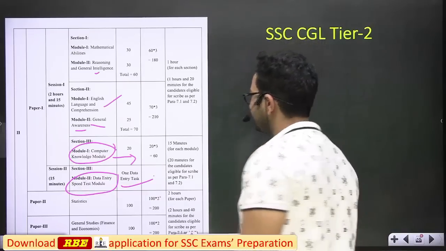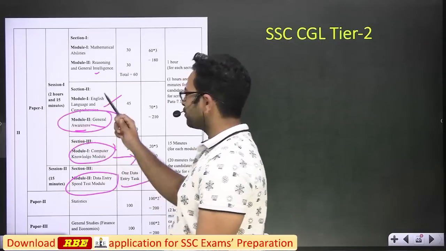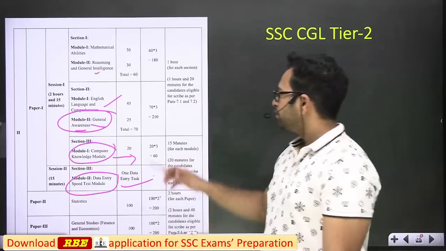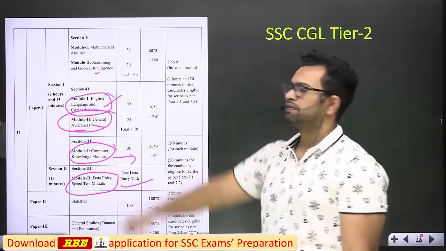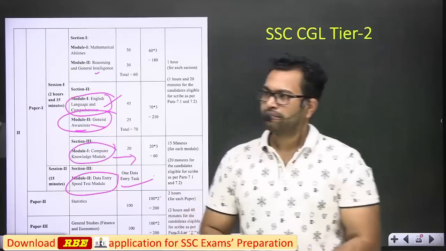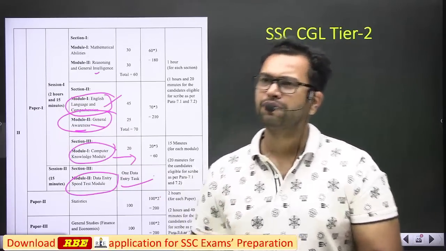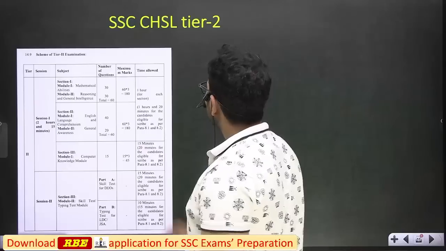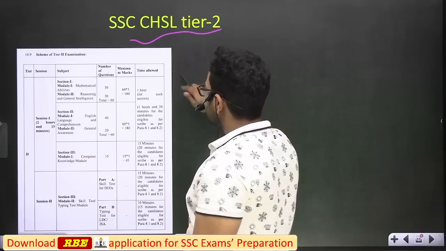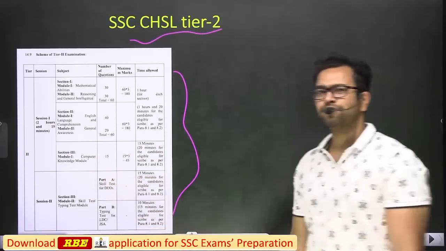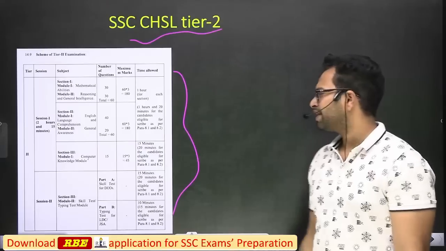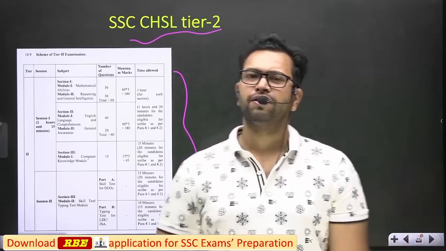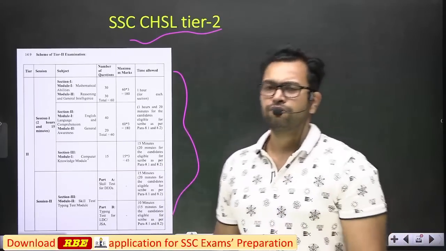So let's see. We have provided a general awareness course for tier 1 and tier 2 in the RB application in spoken English, and we have also provided an English language course. Okay, the complete course has not been uploaded yet, but in the upcoming 2 to 3 months the complete course will be uploaded. If we go for SSC CHSL tier 2 examination, again the subjects are the same, computer is added, just the weightage is different, and the typing is added. So there is no separate preparation for SSC CGL or CHSL examination. A similar level of preparation is there.